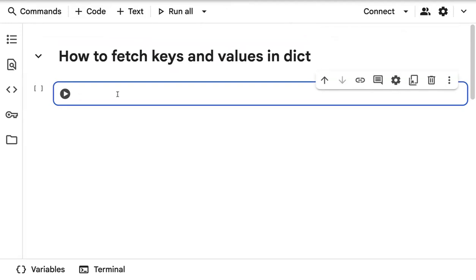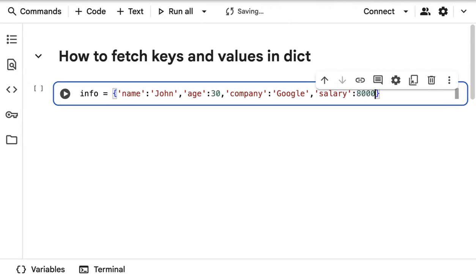Let me just create a dictionary. I'll create a dictionary like info is equal to, I'll give name colon John, comma, age colon 30, comma, company equals let's say Google. And I'll say salary is equal to 80,000, comma,